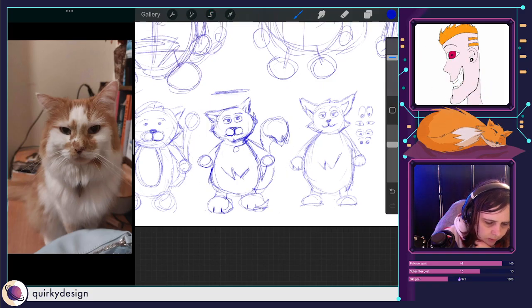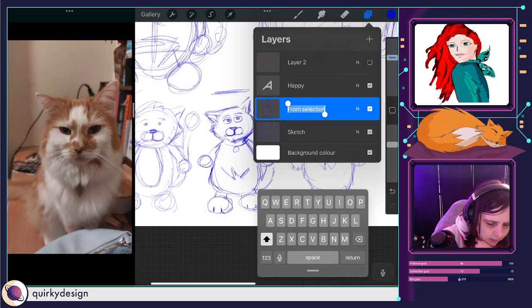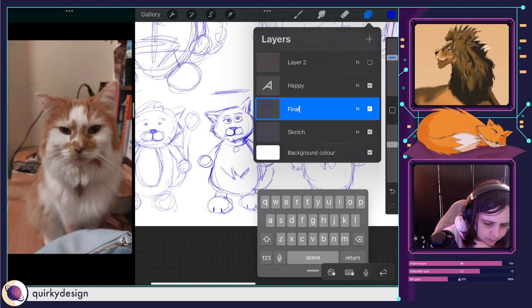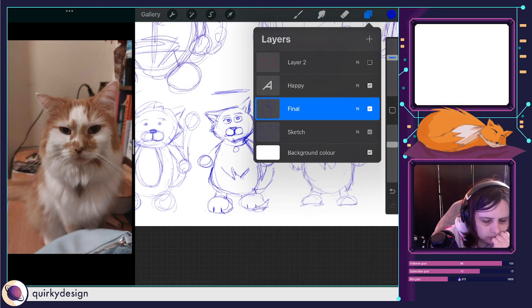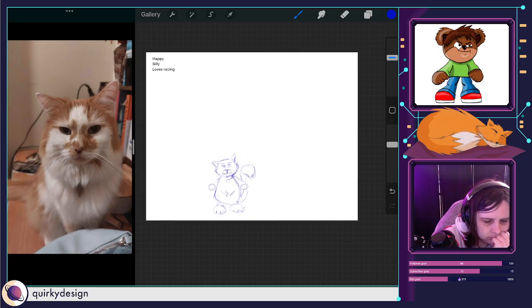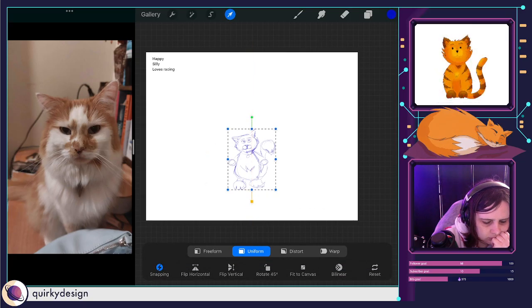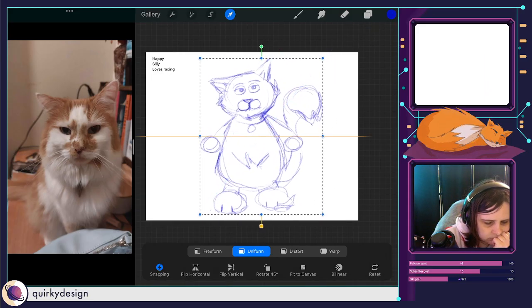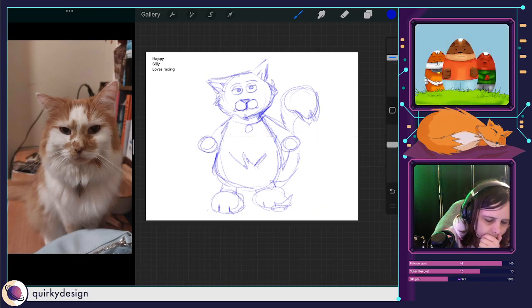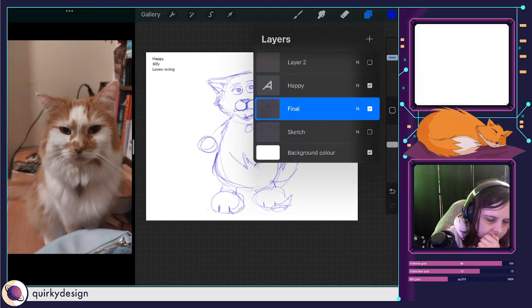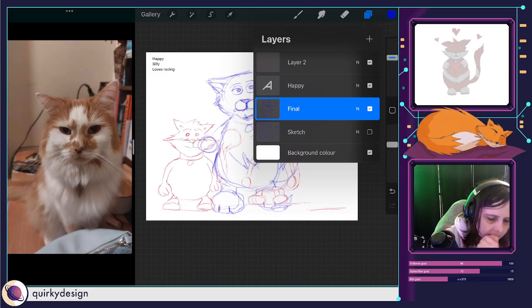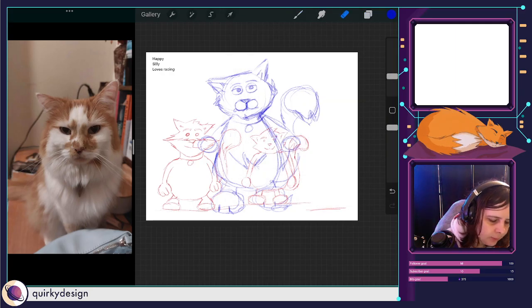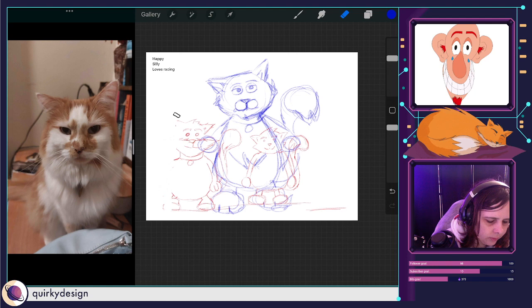Right, there we go, so we have got him. Alright, I am going to go through this layer and get rid of any previous mock-ups.